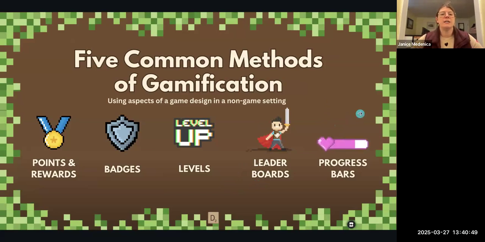But basically gamification is using aspects of a game design in a non-game setting. For example, I remember my kindergarten teacher, she always used these yellow name tags and she had them all up on the wall of the classroom. And then for behavior, we would get little stars after our name. And I just wanted more and more and more. So I was a very good kindergartner.